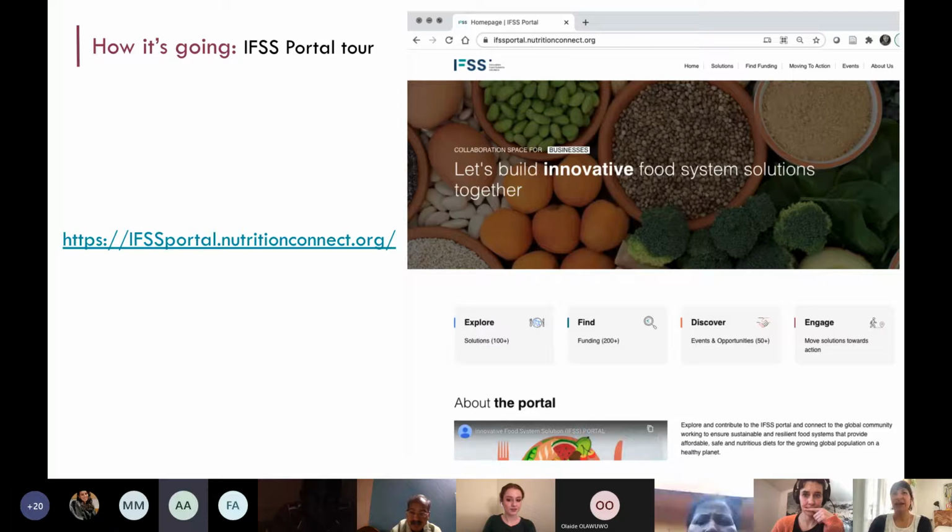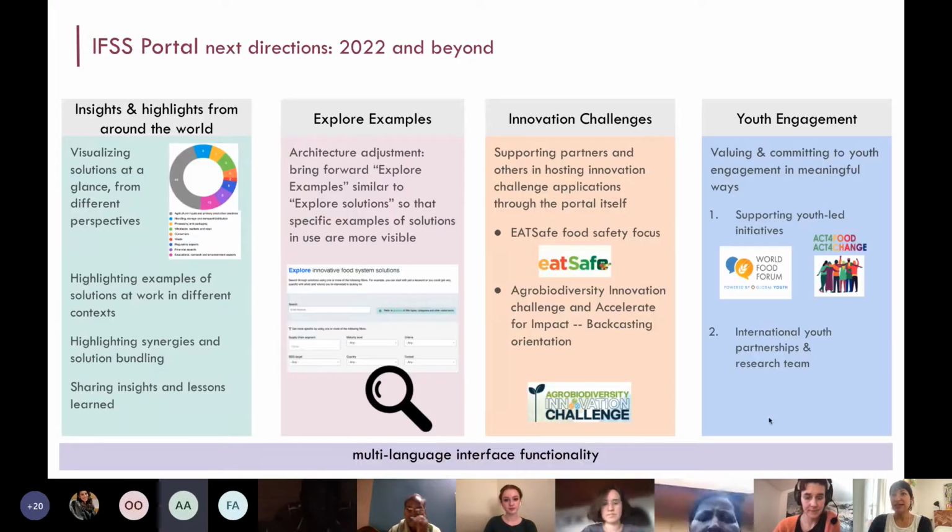Okay, we're good. So we just went through this, and I just wanted to end here for the moment, which is just to reiterate that this was an initiative that launched very quickly in 2021, and it's gone in some really interesting directions, and it's really what we're thinking of as a version 1.0. So in 2022, as we move forward now, we're working on lots of different things, one of which is to